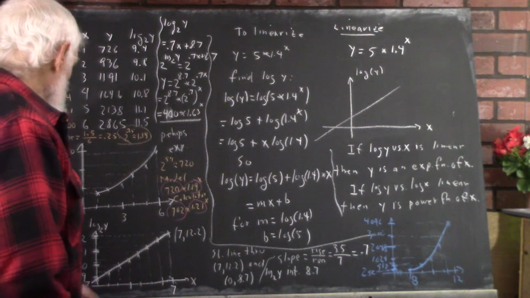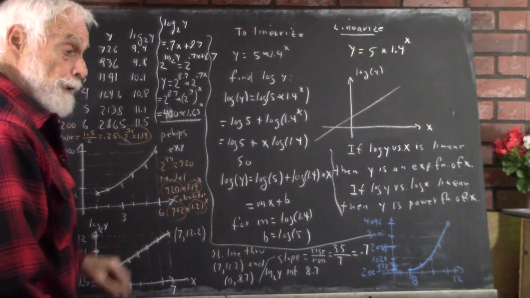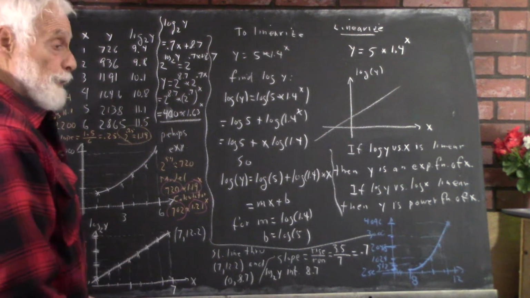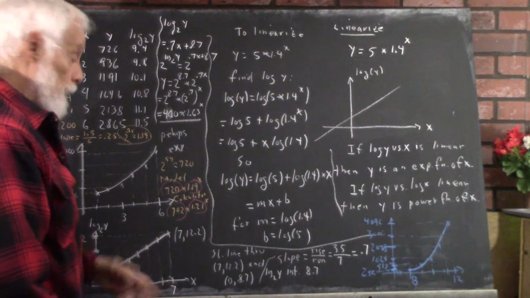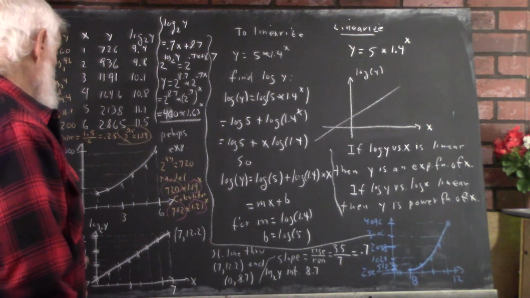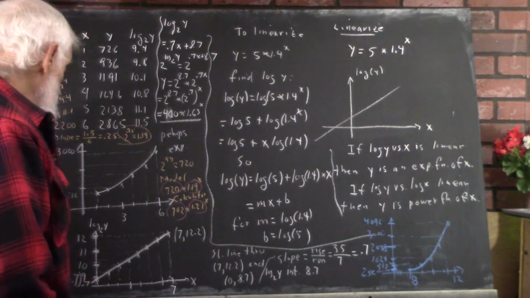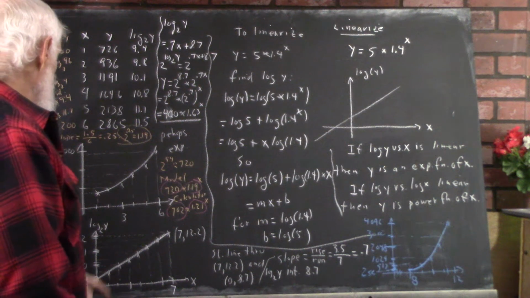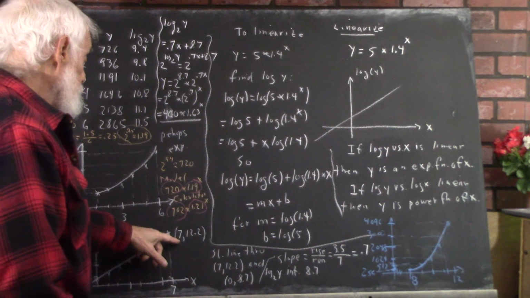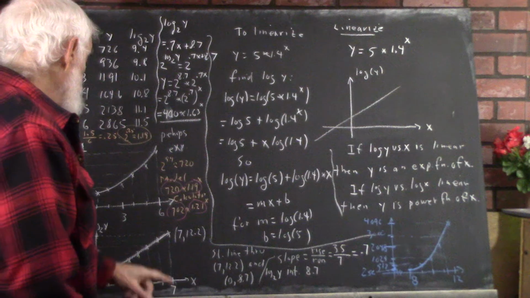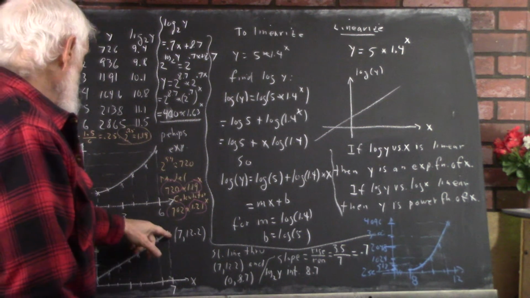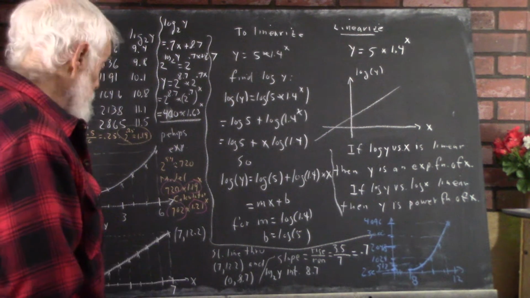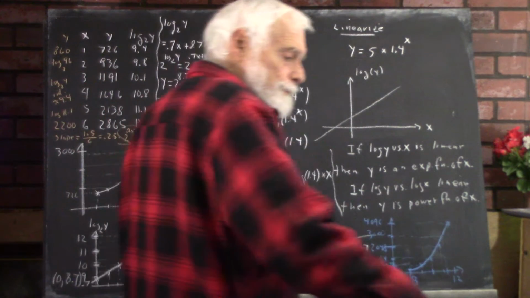We get the equation of the straight line. To get the equation of a straight line, you take 2 points on the line. Or you can take the y-intercept and a slope. But in any case, I took 2 points in the straight line, 7, 12.2. And that's just, again, an honest estimate. Now, this isn't a data point, and I probably should have